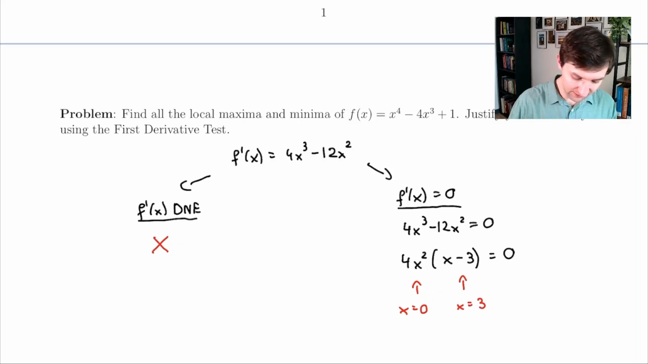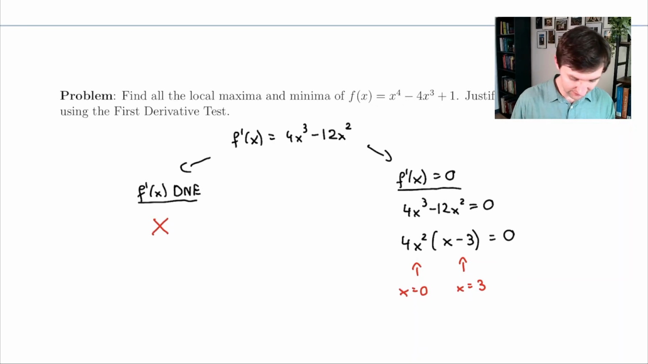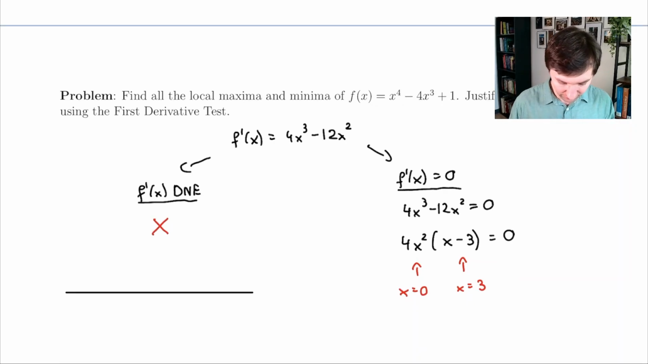To visualize this, I will draw the x-axis and I will add my critical numbers to it. The critical numbers are 0 and 3. These critical numbers split the x-axis into 3 intervals. To determine if 0 gives me a local max, local min, or neither, I need to see what happens to